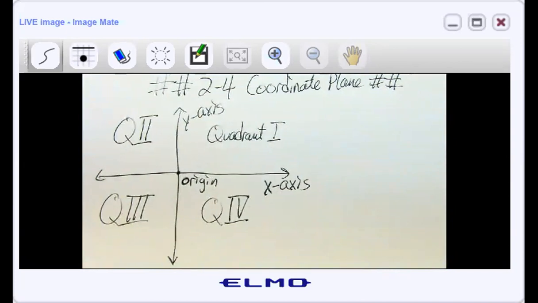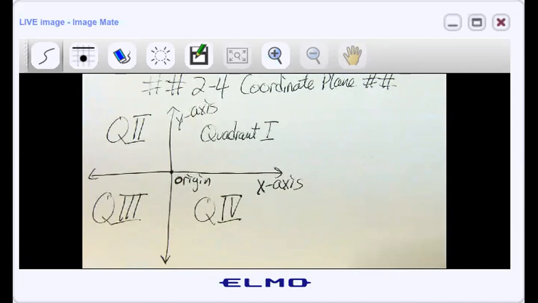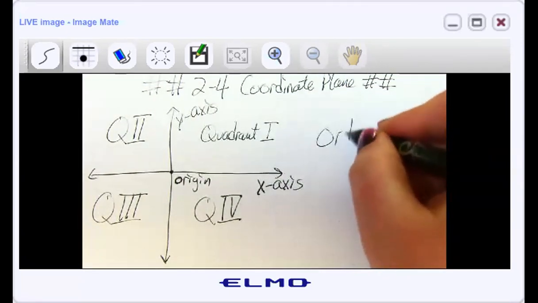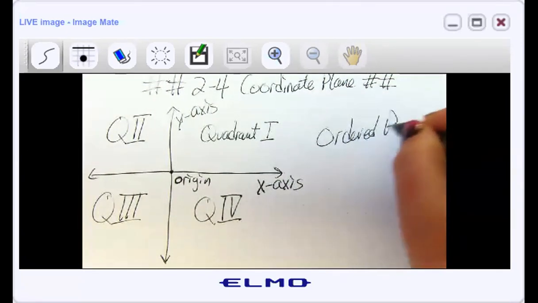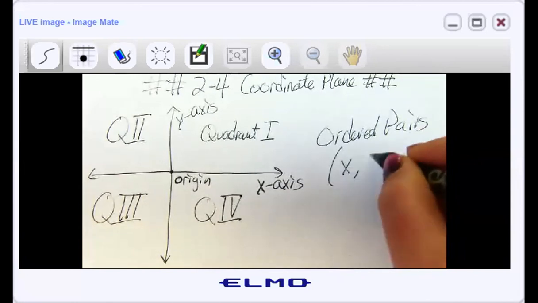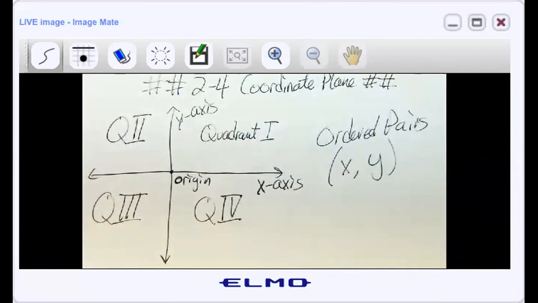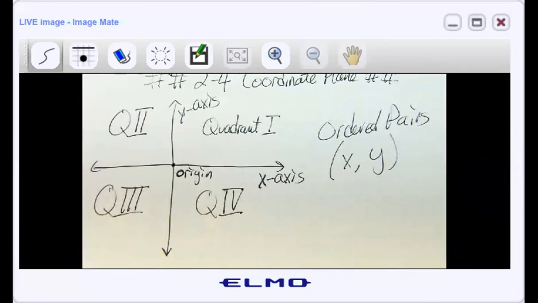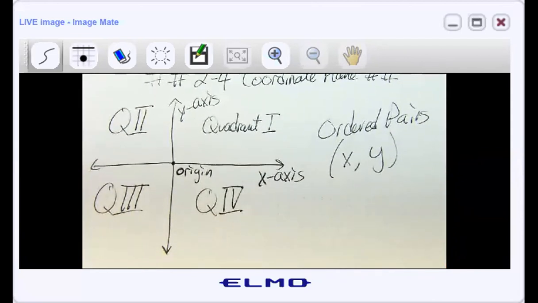And then how do we navigate this whole system? We use ordered pairs. Okay, we always put them in parentheses. That's crucial. If you don't put an ordered pair in parentheses, no one knows that it's an ordered pair, right? No one has any idea. If I just say to you,